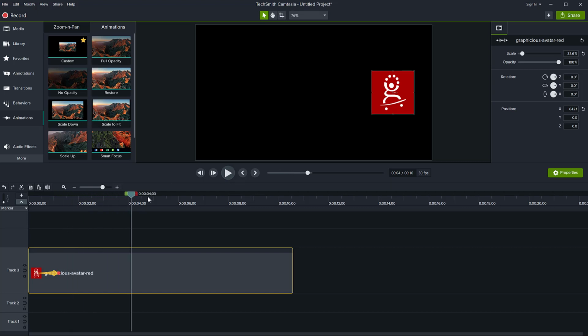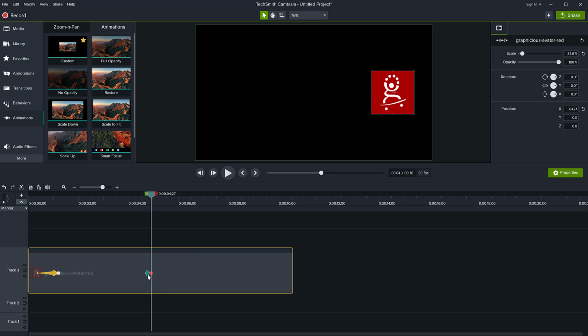And let's go in the middle here and create another animation that moves the same object to the center of the screen, or maybe down here. Again, drag a custom animation and you will see that it snaps. If I move it up left and right, it snaps to the playhead. So this is a very helpful tip. If you want to more precisely control initially where the animation stops, you can just place your playhead there and you know that's where it ends. So then when you drag your animation, it will just snap to the playhead.